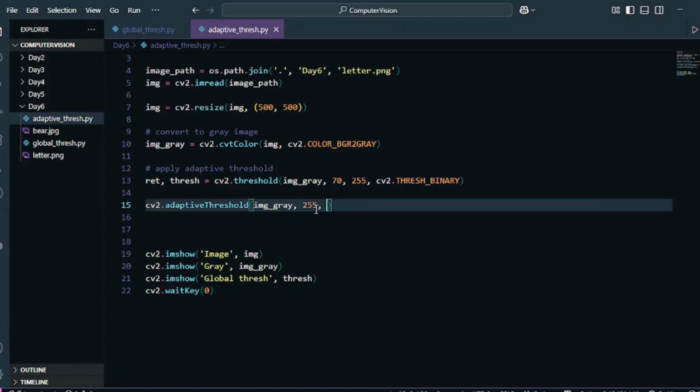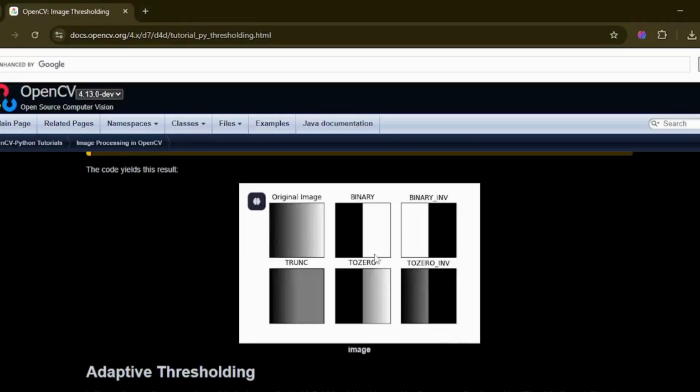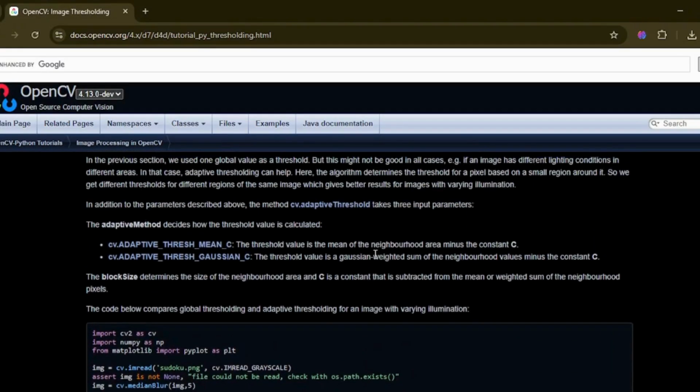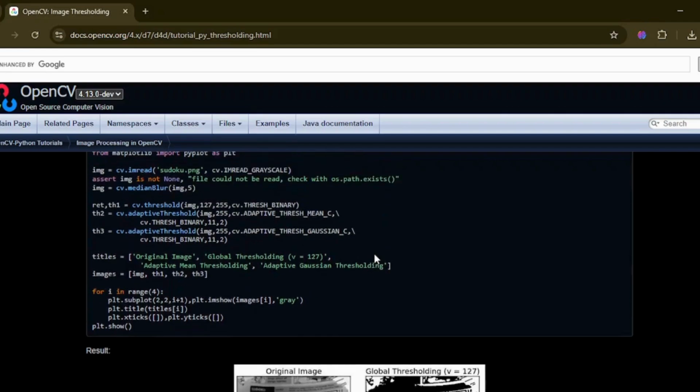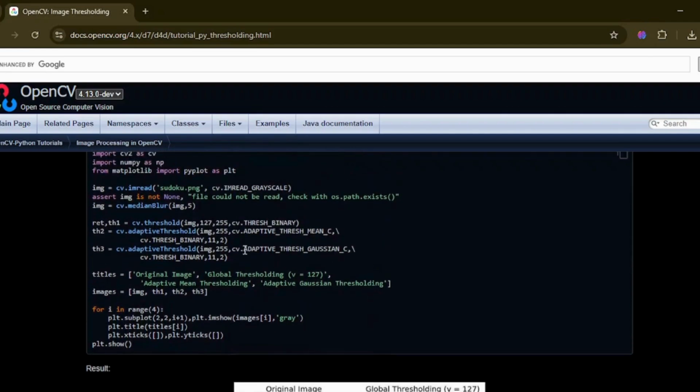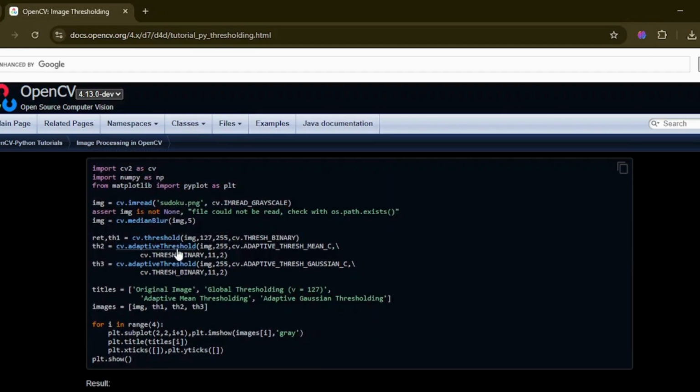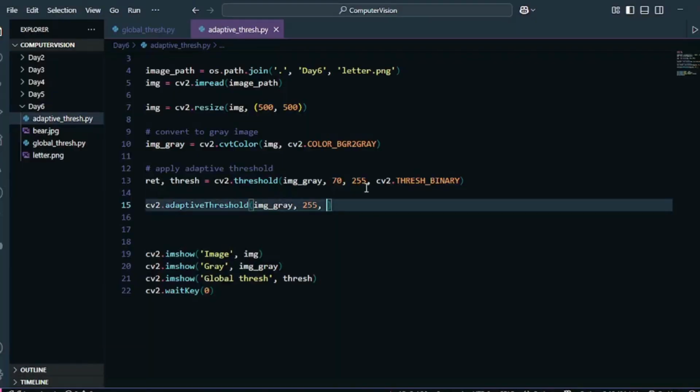Okay, and then if you guys see the documentation, you will know that you have to pass a few parameters over here. Now let's see where they are. Okay, yeah. So there are two types of adaptive threshold functions that you can apply. Like the parameters are only different, the rest is the same. So instead of copying, I'm going to show it to you guys.